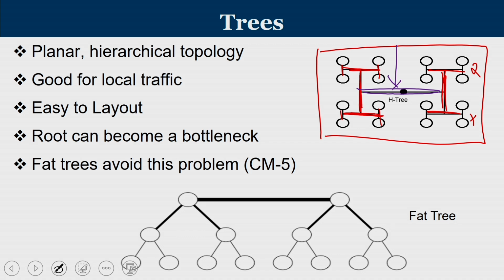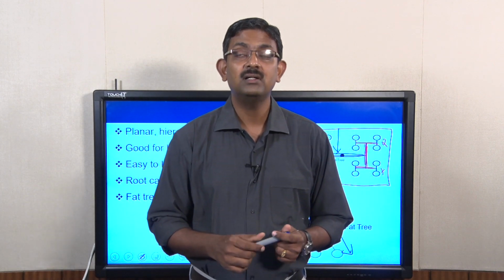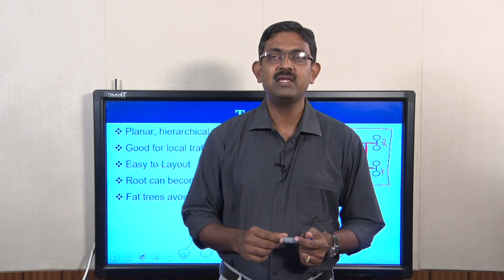So, to avoid that, I can increase the bandwidth near the root, which is called a fat tree. As you go closer to the leaves, the bandwidth reduces because the amount of traffic there is also very less, and the roots are handling a lot of traffic. So between the roots, they should have a fat tree kind of structure. The general topologies followed here are the mesh topology, the spidergon topology, the ring topology, the torus, and the last one, which we have just heard, the fat tree topology.